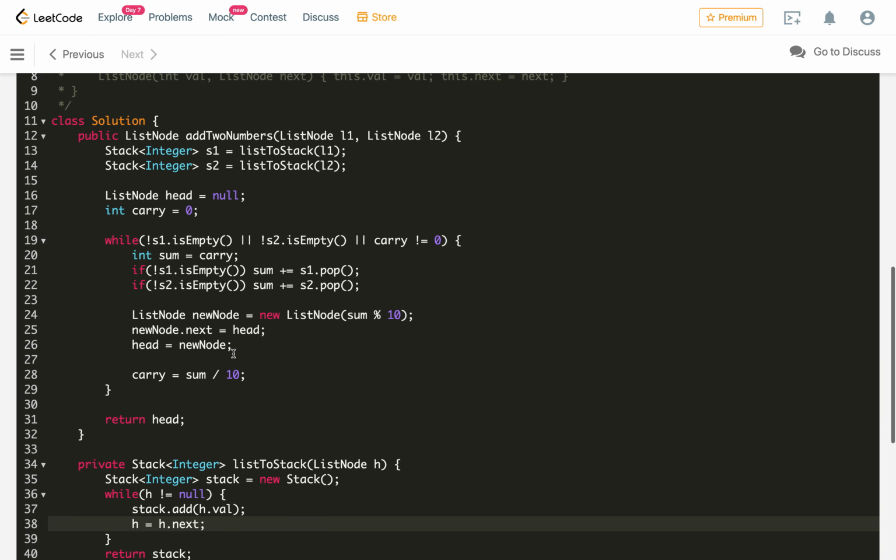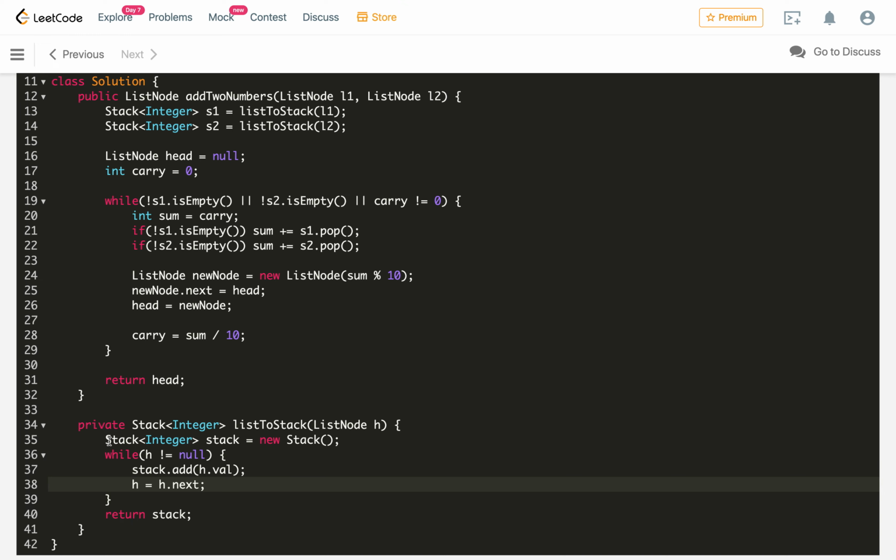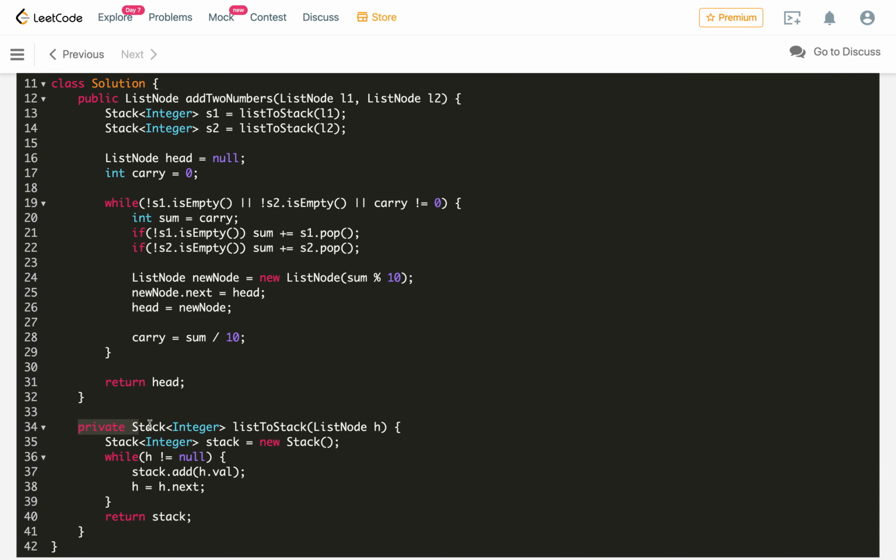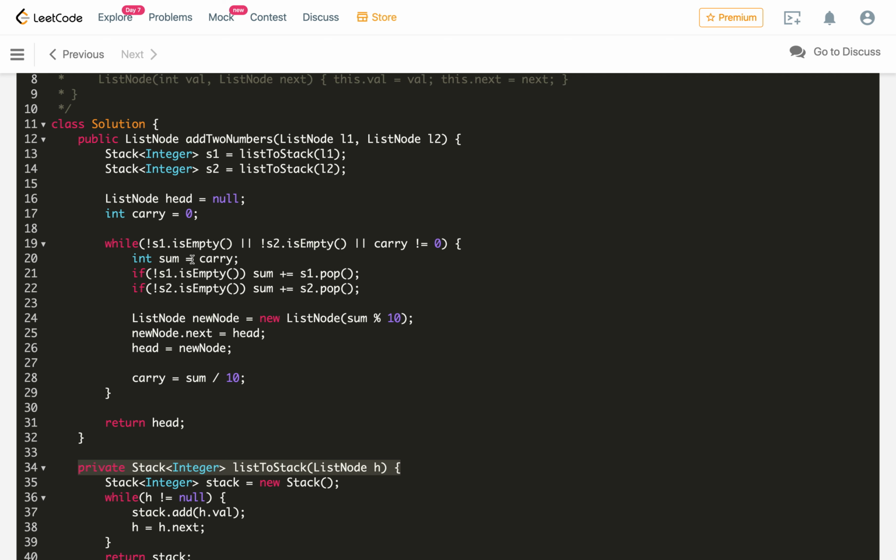Now what is the time complexity of this solution? If you see, we are scanning both the lists over here. So let's say list 1 has length L1 and list 2 has length L2. So L1 plus L2, and here also we are just running over the stacks. So this will run max of L1 and L2. So overall it's like max of L. So if we say in big O all the element nodes is n, this is a linear time complexity solution.